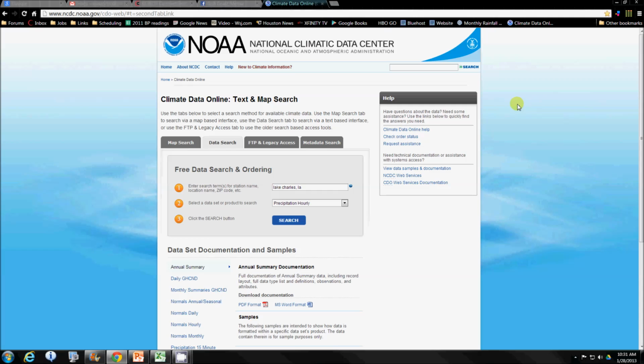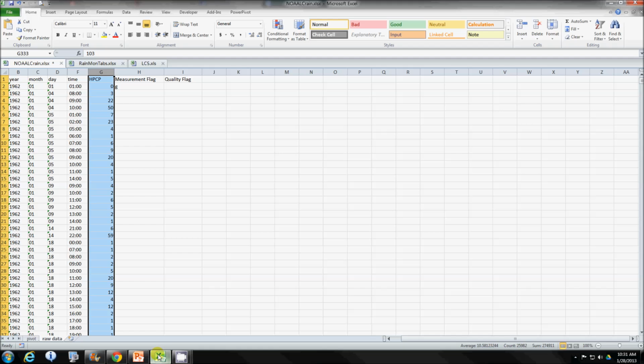Okay, this is where it starts. This is where we get our raw data, and nothing magical here. Just this seems to be the best source right now for what we want to do. It's a little involved, but the data is free. So if we were to look at the raw data,